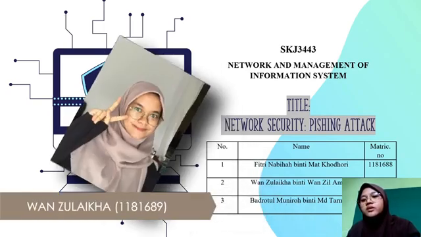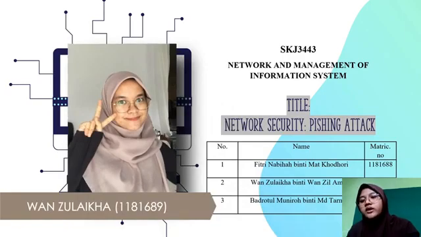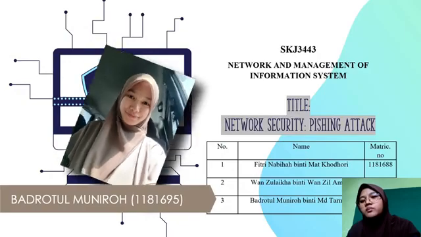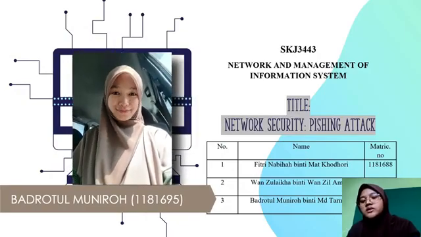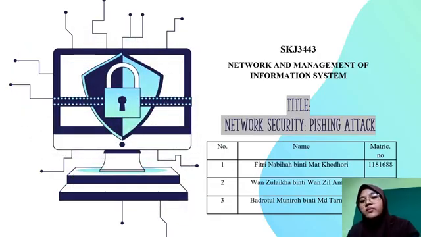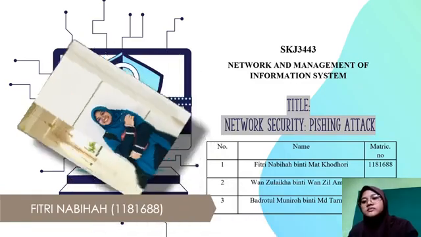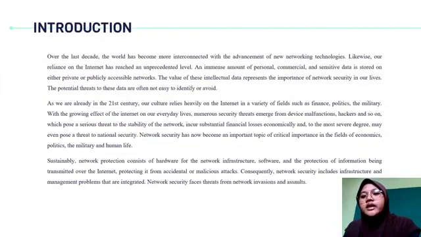First, Wan Zulaika binti Wan Zul Amran, matric number 1181689. Second, Badratul Munirah binti Mat Tirmizi, 1181695, and I, Fitri Nabiah binti Mat Khodori, 1181688. Alright, before we start our presentation deeply, I would like to give the introduction about our title, which is